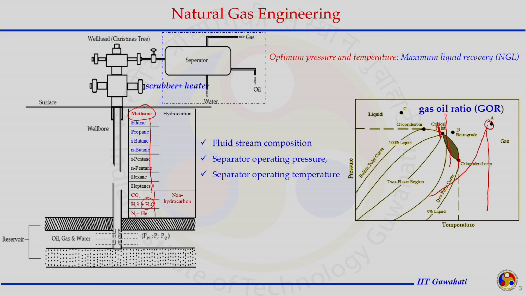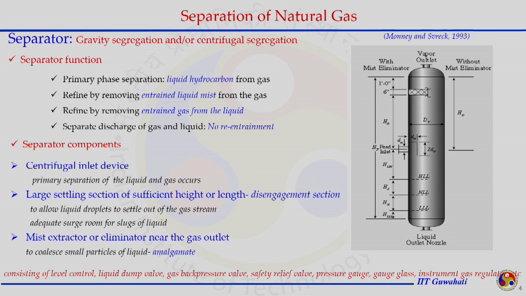We are going to deal with the system with the help of a separator to separate them out into different phases. So, the separator works on gravity separation or centrifugal segregation. There are some other ways also, but mostly it is designed based on gravity or centrifugal forces. Separator function, as mentioned already, is separating the phases, but when we are choosing a particular separator, it should have four primary functions within it.